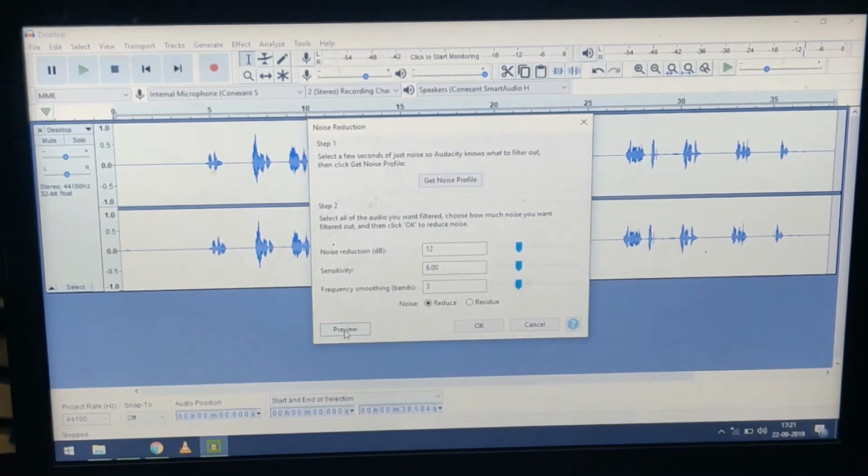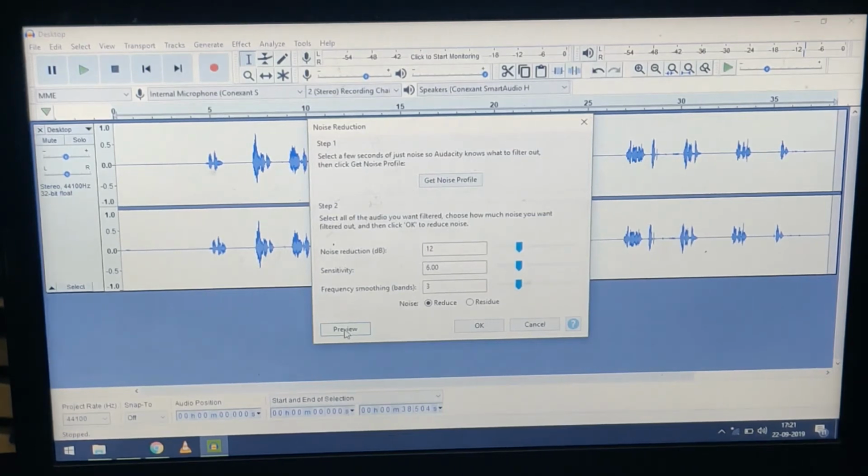See, last time during the preview my audio didn't appear, but this time it's appearing. It does not mean that it is going to remove your audio. It's telling that this profile is going to be applied to the entire audio.